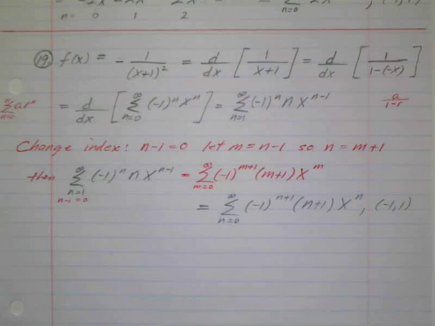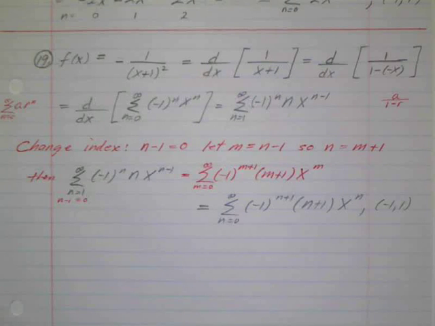Here's number 19 from the Larsen worksheet, or 8.9 worksheet, and it says f of x equals negative 1 over x plus 1 squared, and they're saying that equals the derivative of 1 over 1 plus x,